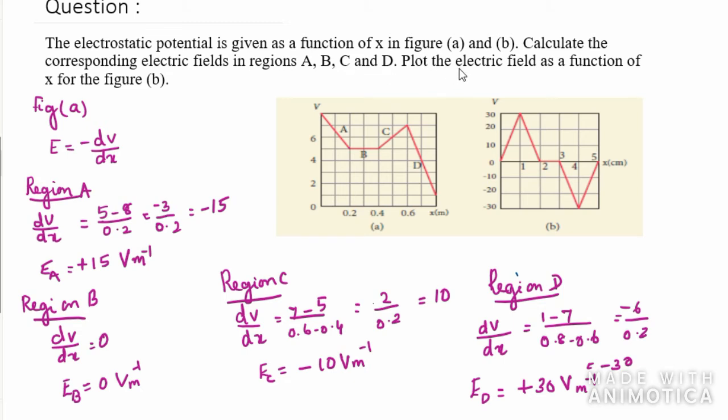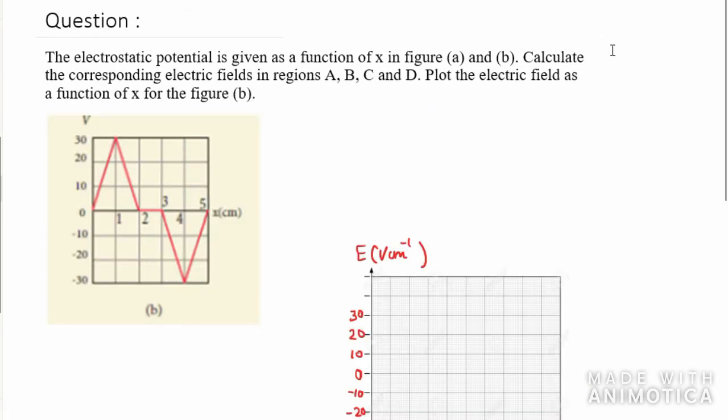Then the second part is we have to plot the electric field as a function of x for figure B. So, this is the figure B. First, we have to find the electric field. First, we will do from 0 to 1. The same way we have to find the slope. Slope is equal to 30. So, the electric field as a function of x is in the x direction. So, it is minus 30 volt. Here it is given in centimeter. So, volt per centimeter